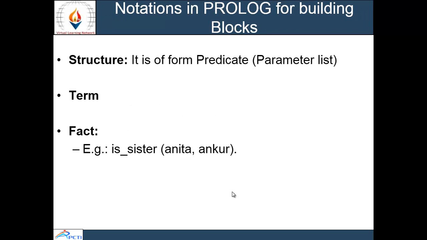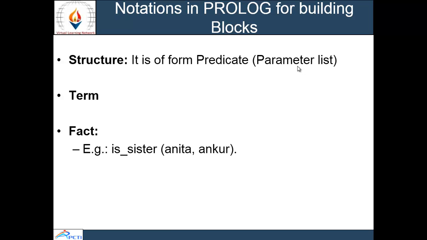Next is structure. It is of the form predicate with a parameter list in brackets, where the parameter list consists of atoms and variables separated by commas. Next is term. A term is either a constant or a structure.